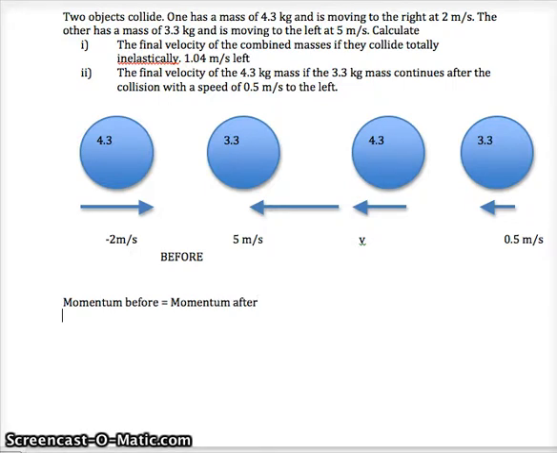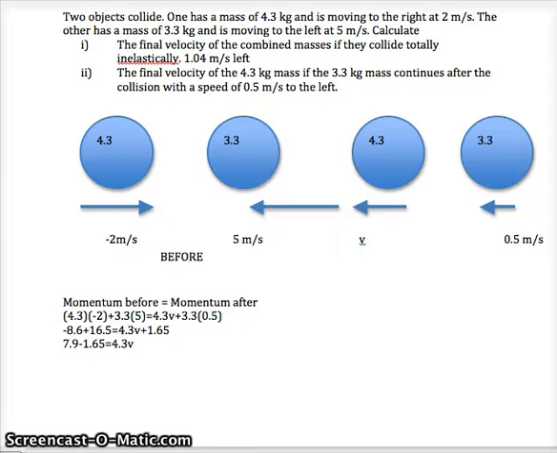And before the collision, we have the exact same thing. We have 4.3 times negative 2 plus 3.3 times 5. But now we have a different situation. They don't stick together. We have the 4.3 mass. We don't know what that final velocity is, so we'll call it V. And we have the 3.3 mass where we do know what that final velocity is, and that's 0.5 to the left, so it's positive. Now we're just solving this equation for V. We have everything else set up, so we get negative 8.6 plus 16.5